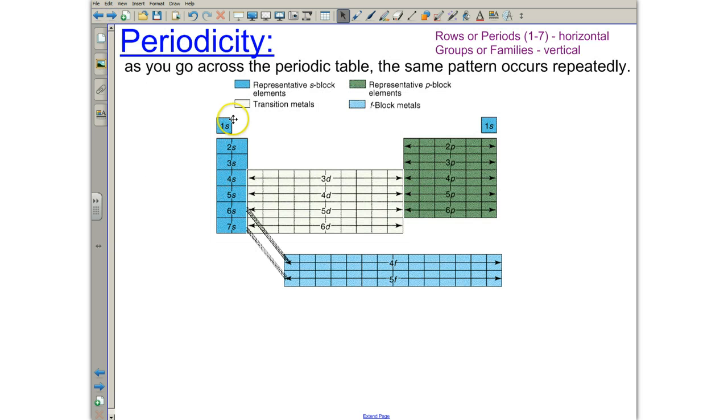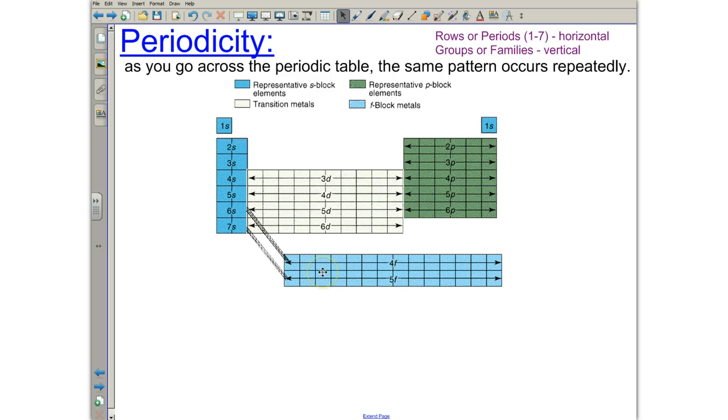Also, notice that the periodic table can be broken up into 4 distinct blocks. We have the S block, which means each of these elements' electron configurations will end on an S. We have the D block, each of these elements' configurations will end on a D, and then we have the P block, each of these ends on a P, and then these are the F block down here. It is no coincidence that we have 2 columns for S, 10 columns for D, 6 columns for P, and